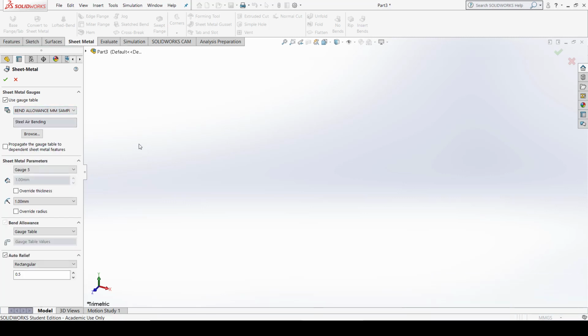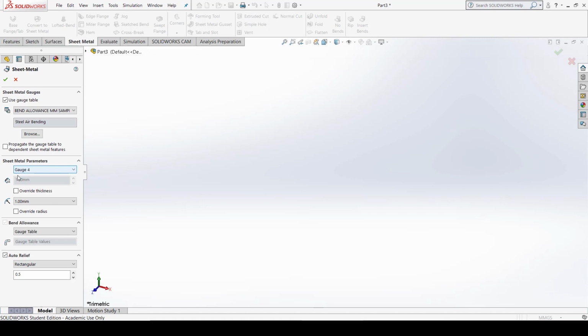Now you can see here we have an option of bend allowance. We select the gauge table as standard bend allowance in millimeters. Now we have steel air bending, and here is your gauge number. That is, the higher the gauge number, the lesser the thickness. Your gauge 5 is 1 millimeter, then gauge 4, gauge 3.